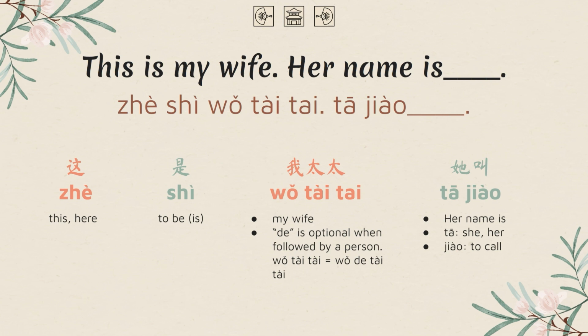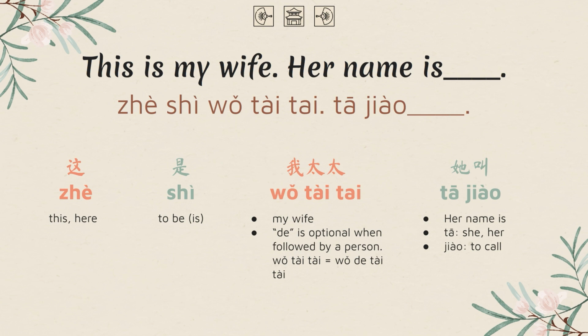Now, how would you negate a sentence like that? Like, this isn't my younger sister. To negate it, you pick out the verb here, which is 是, and then you just put a 不 before it. So, 这不是我妹妹. 妹妹 means younger sister. How would you say, is this your wife? You basically make a statement, this is your wife, and put 吗 at the end. 这是你太太吗？